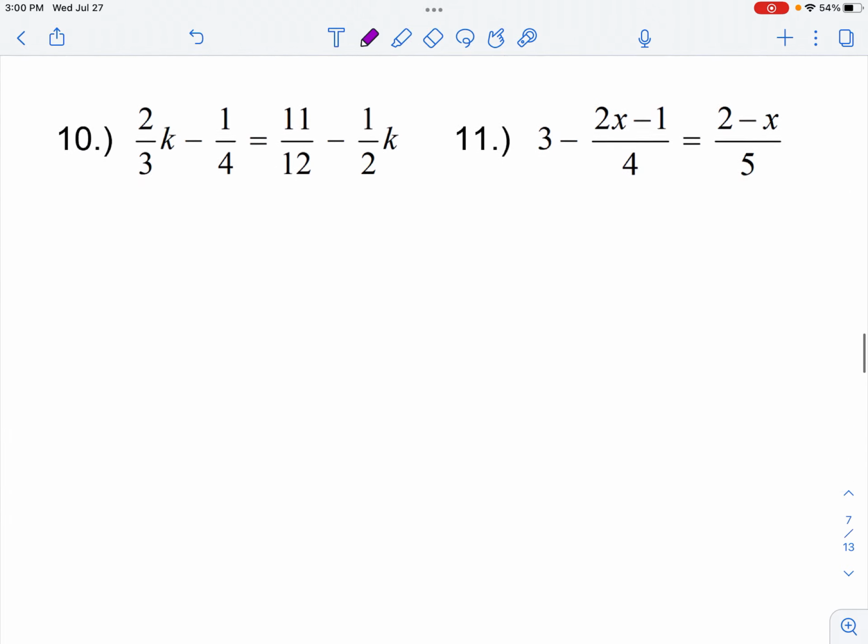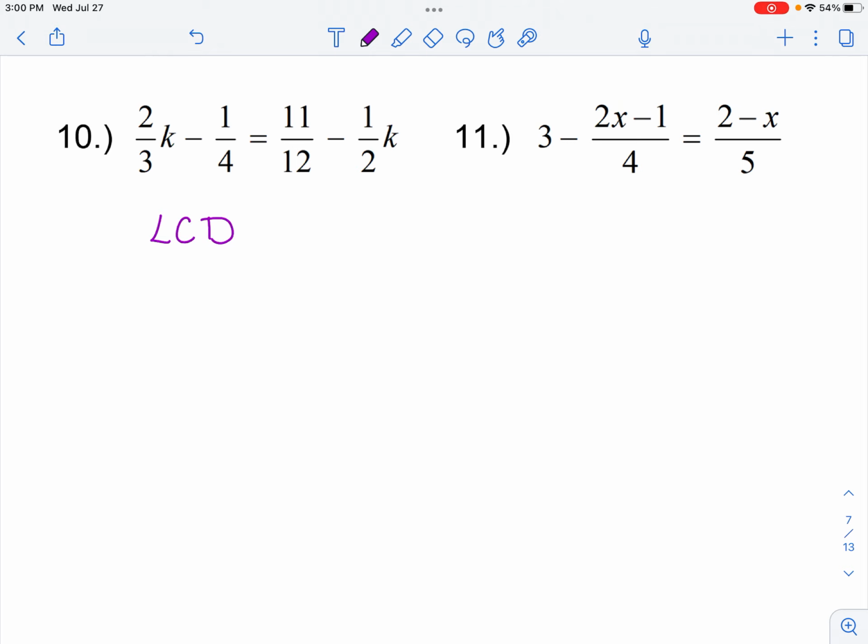All right, one thing you're going to have to get very comfortable with this year is fractions, but we don't usually like dealing with fractions very much. So what we're going to talk about with these 2 problems is how do we make the fractions disappear? Because we all know that it's a lot easier to deal with an equation when there just aren't any fractions involved. So the trick we want to use is we want to identify what is the least common denominator for